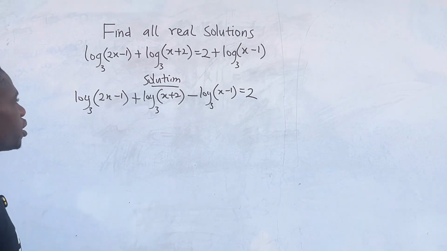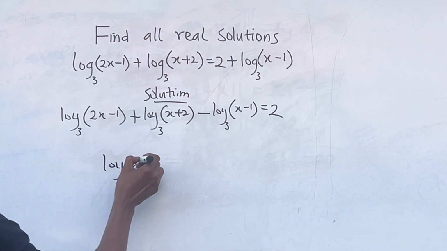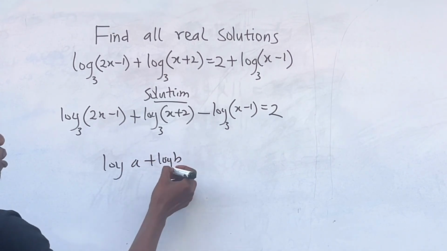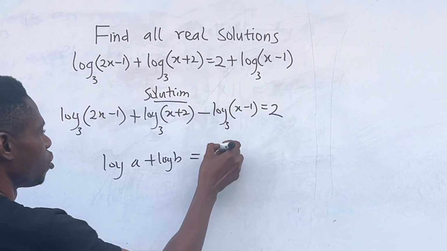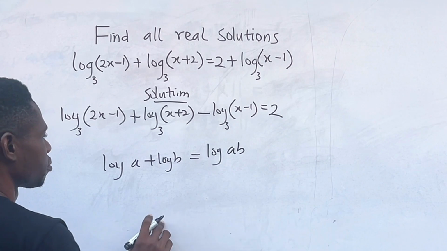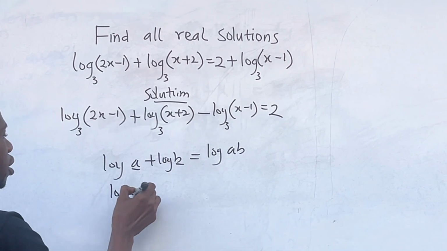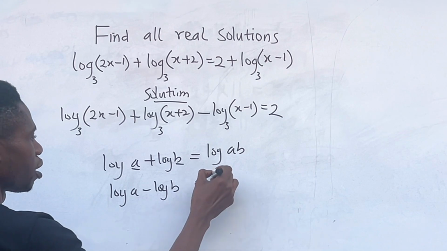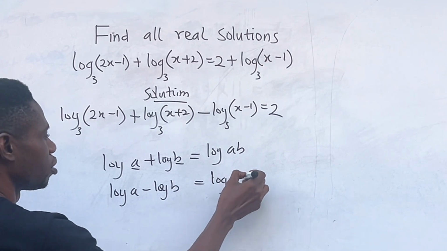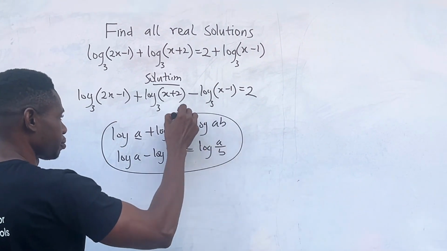Now remember our laws of logarithm. If we have log A plus log B, this is the product law. It gives us log AB, multiply A and B. Also remember that log A minus log B, for quotient, we have log A over B. So bearing these two laws in mind,